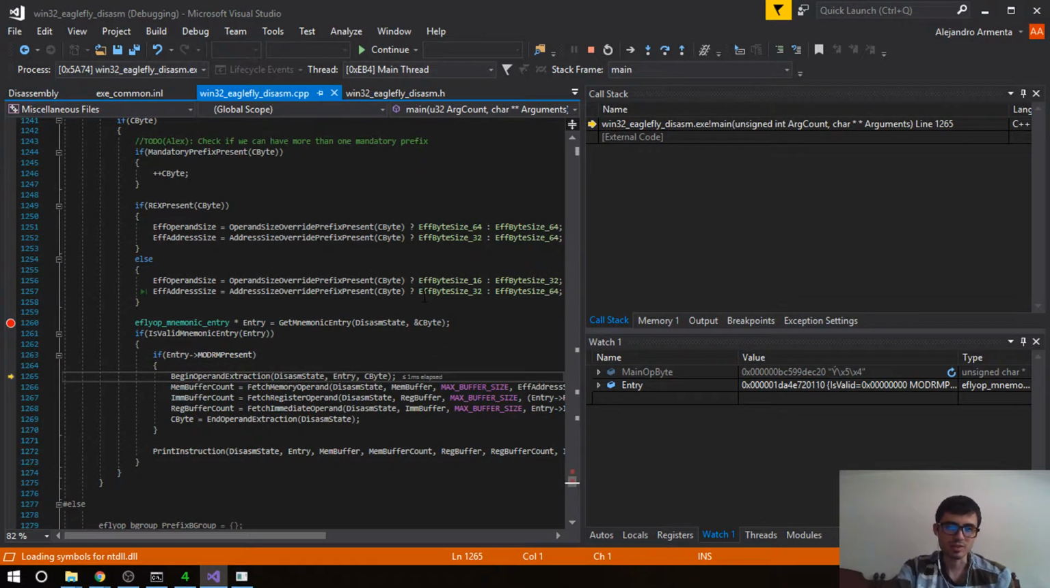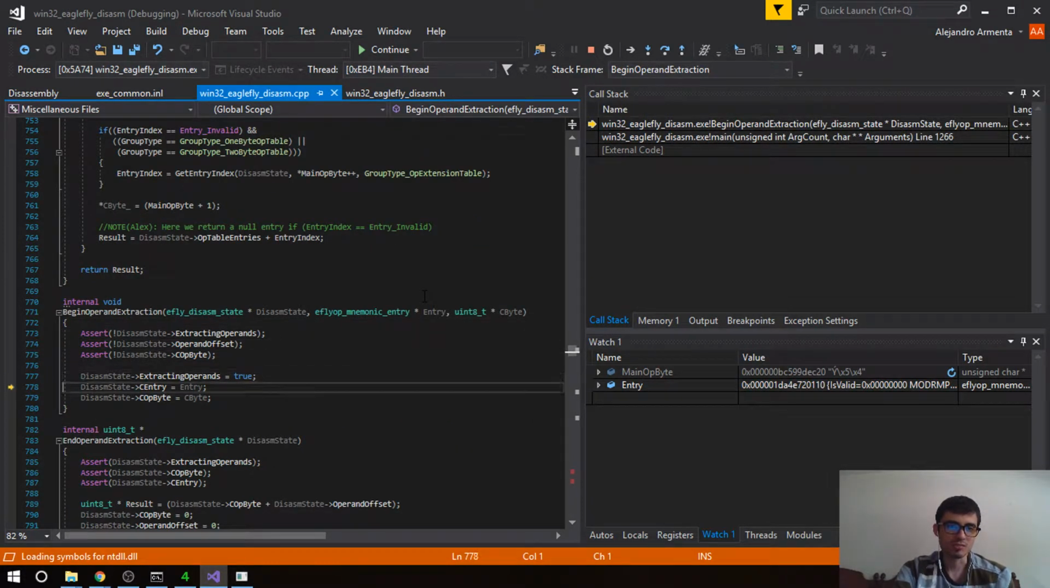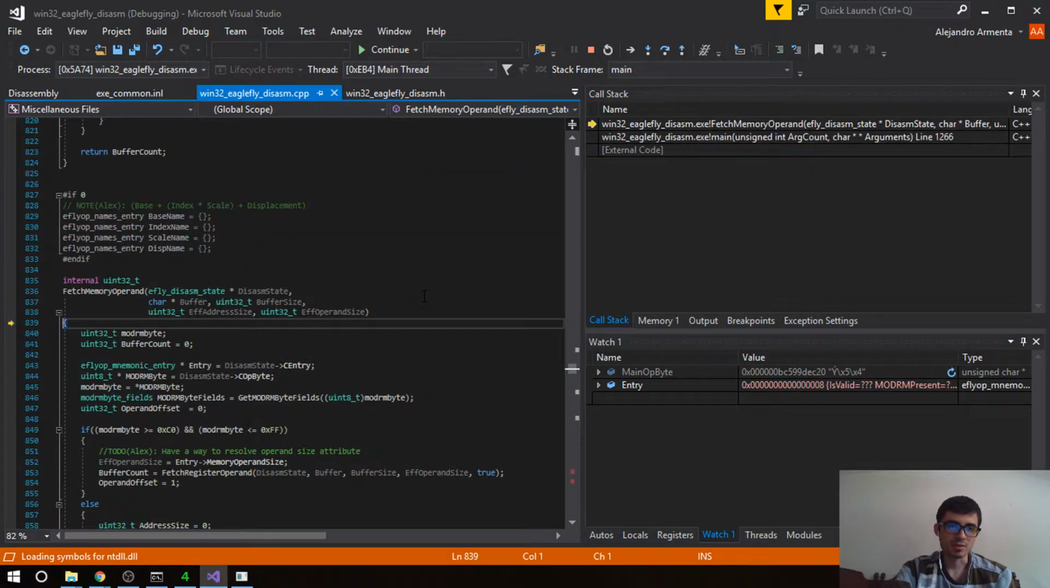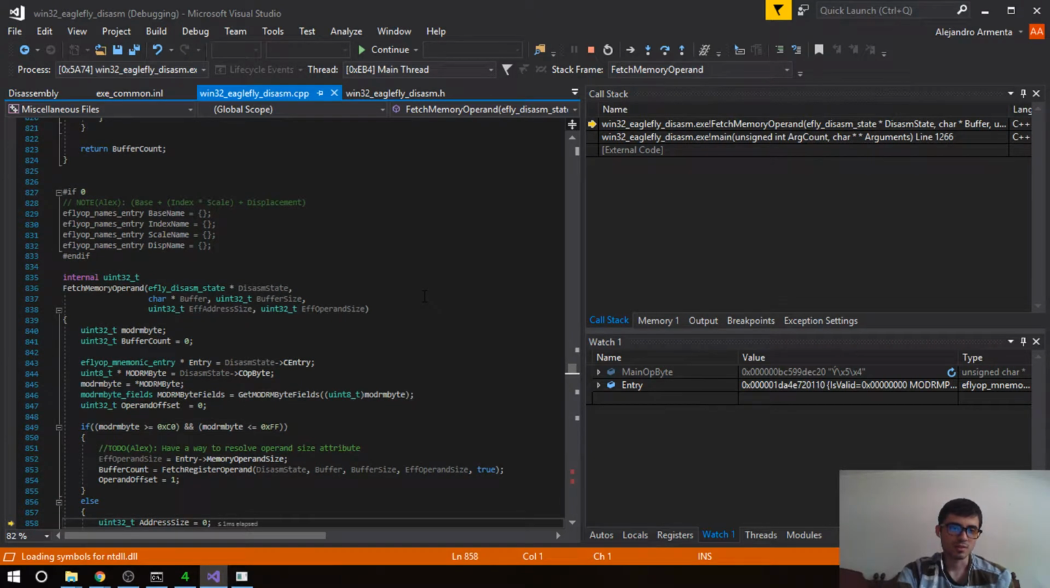Begin operand extraction. Okay, let's see what happens in here. Extracting operands, CO by. Okay, normal stuff in there. Fetch memory operand. This is the one we care about because it's a memory operand. So we just say, well, we have that, C entry, mother and by, do stuff, operand offset. If it's from C0 to FF, it's not. It's 05, so